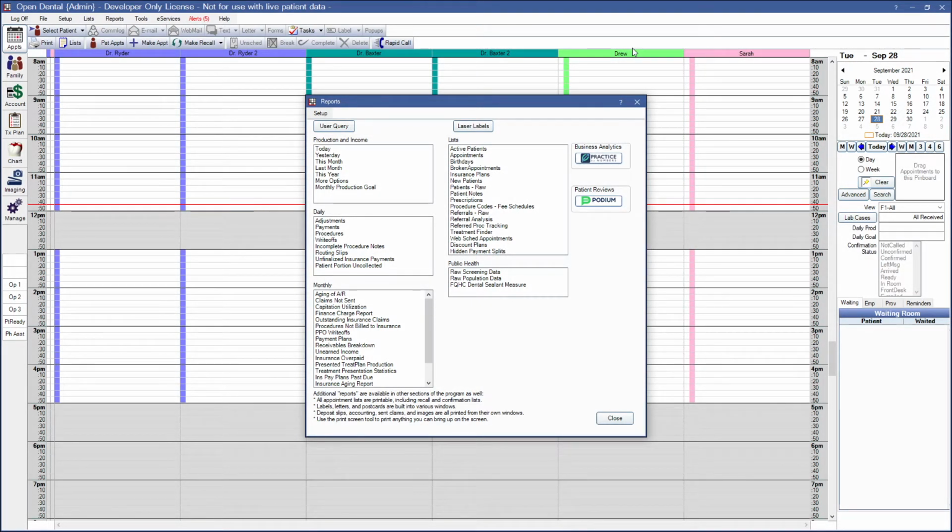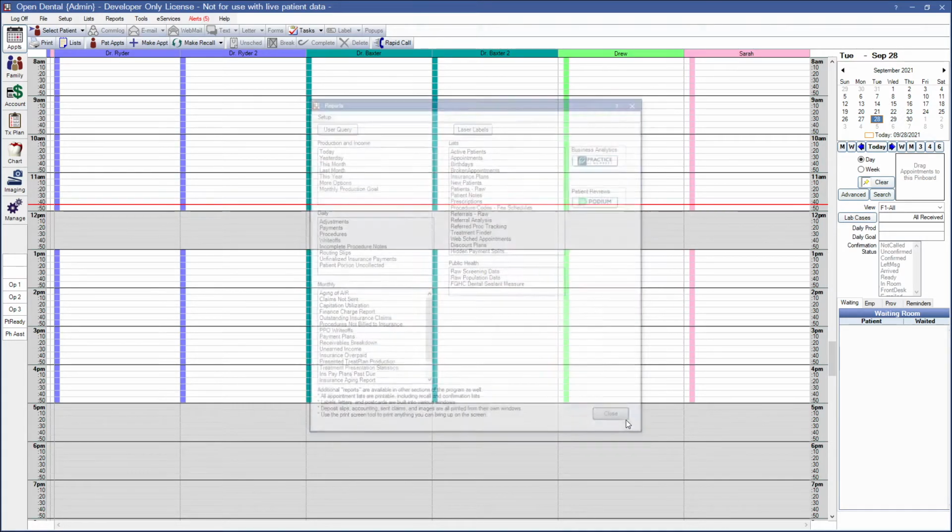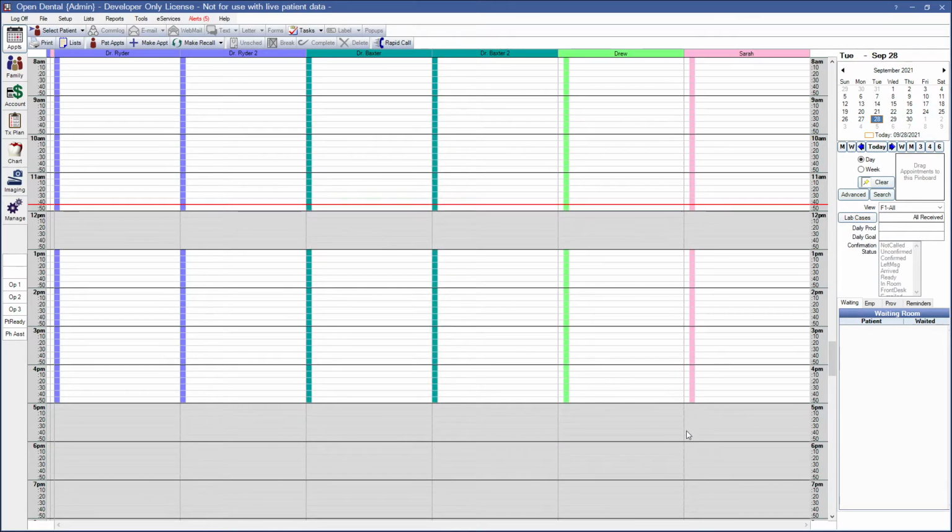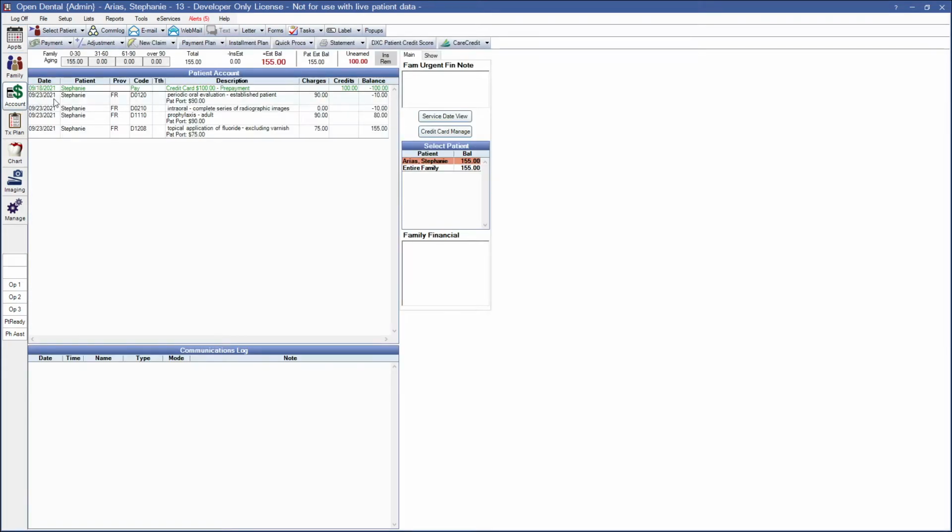Now that we've reviewed the various unearned income reports, let's go ahead and take a look at some accounts in which we may need to allocate that unearned income. I'll go ahead and close out of our reports window, and I'll pull up a first example. Our first example here,